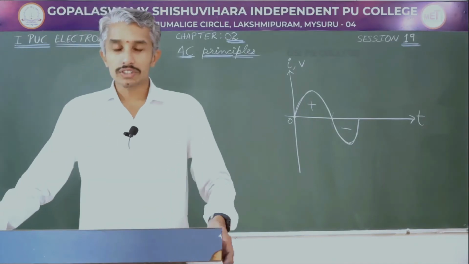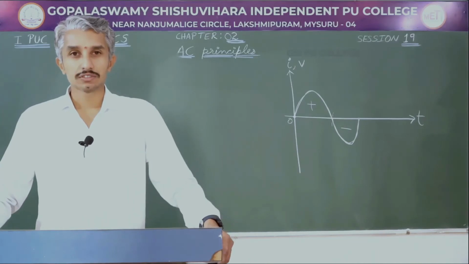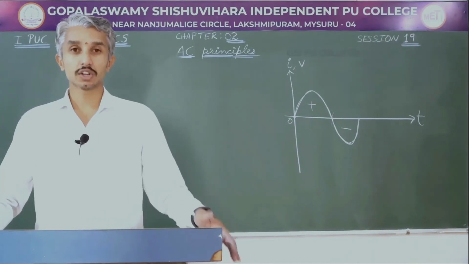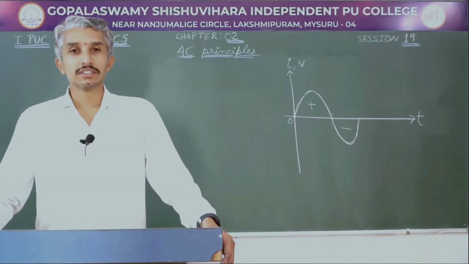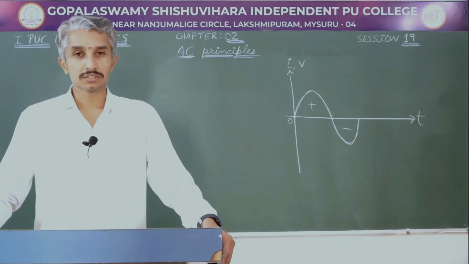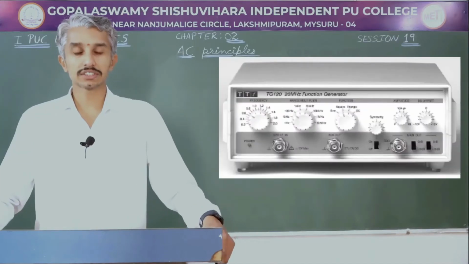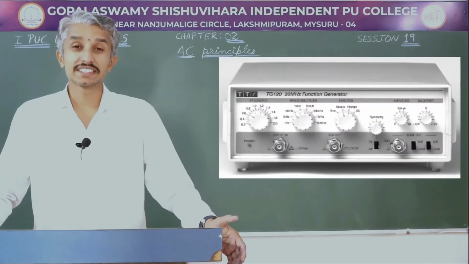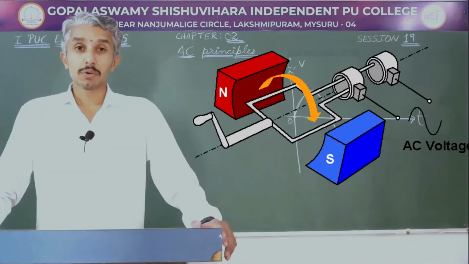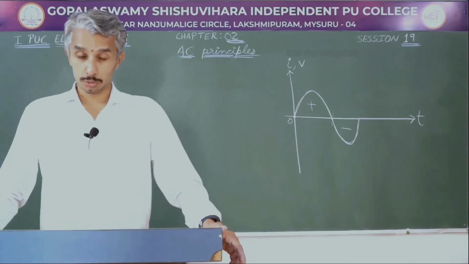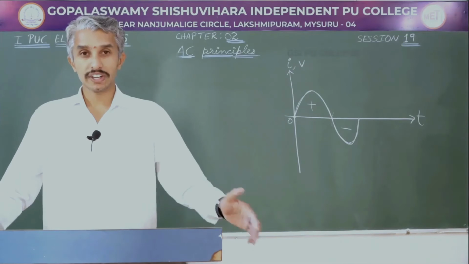Now, what is the source of direct current? We know batteries supply us direct current, but where do we get AC or alternating current from? Well, alternating currents can be got from many instruments like oscillators or function generators and AC generators. The power supplied to us in our home is being generated in an AC generator. Where do we find an AC generator?